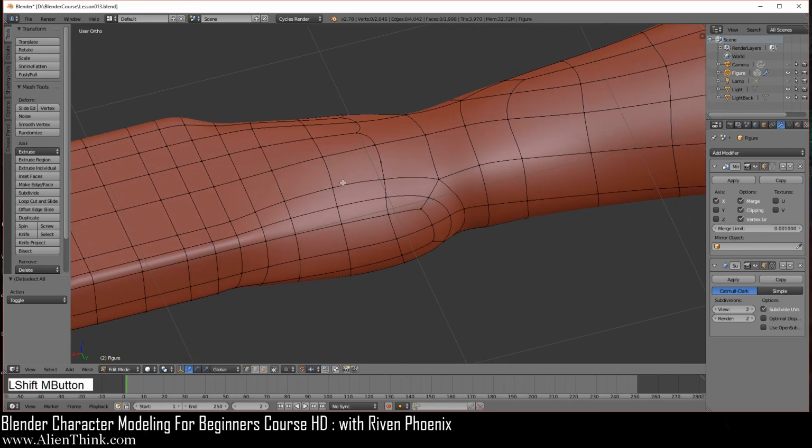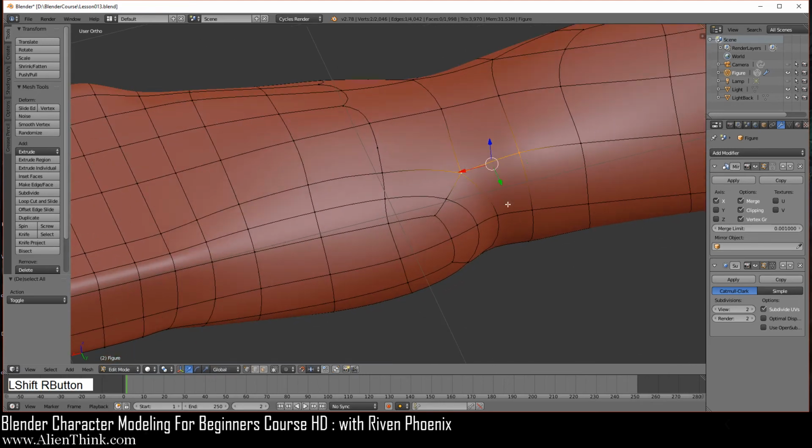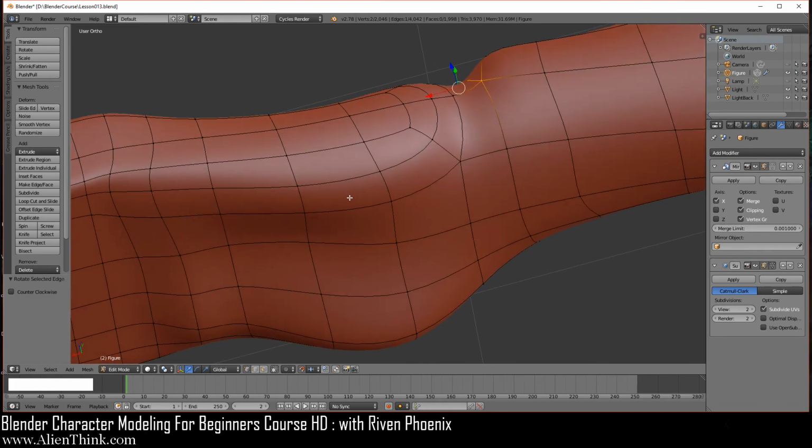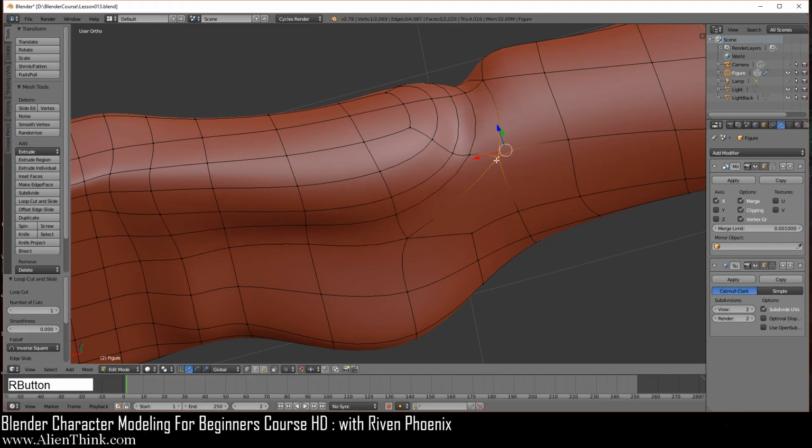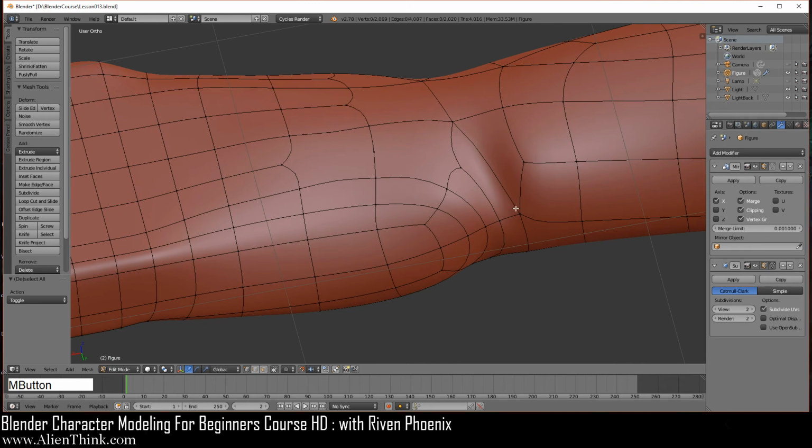So what we can do is simply click on this and do Control A, and it's going to rotate it this way. Now go to the bottom area over here, click on this one, and just do Control A. If you do Control R, you'll see that it simply connects it. Now go ahead and switch this back, Control A 2 times. We're going to do the same thing, switch it back like this.